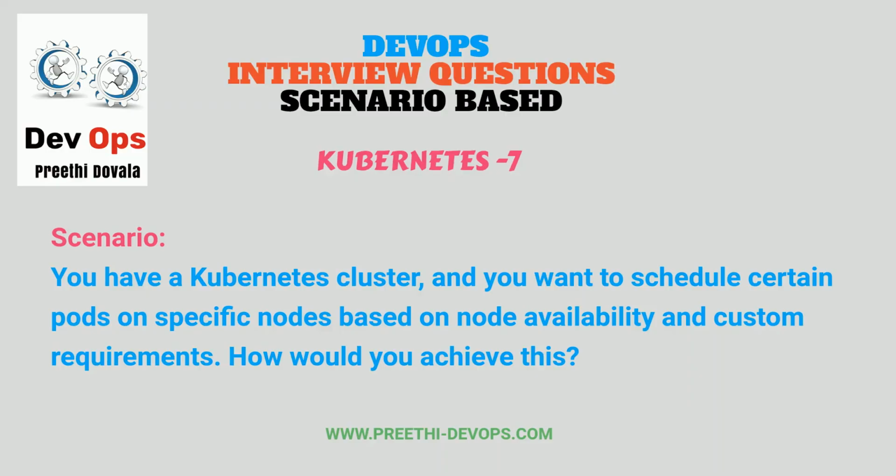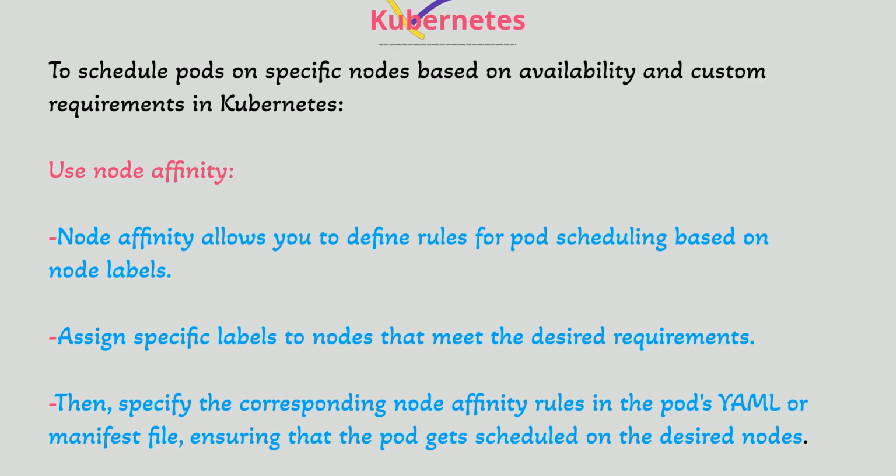Scenario: you have a Kubernetes cluster, and you want to schedule certain pods on specific nodes based on node availability and custom requirements. How would you achieve this? To schedule pods on specific nodes based on availability and custom requirements in Kubernetes, use node affinity. Node affinity allows you to define rules for pod scheduling based on node labels. Assign specific labels to nodes that meet the desired requirements. Then, specify the corresponding node affinity rules in the pod's YAML or manifest file, ensuring that the pod gets scheduled